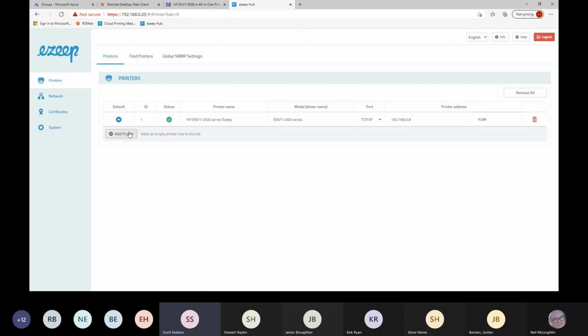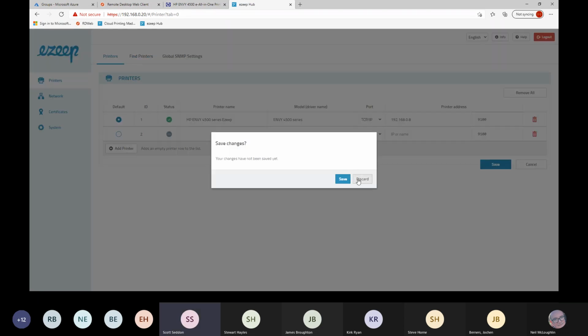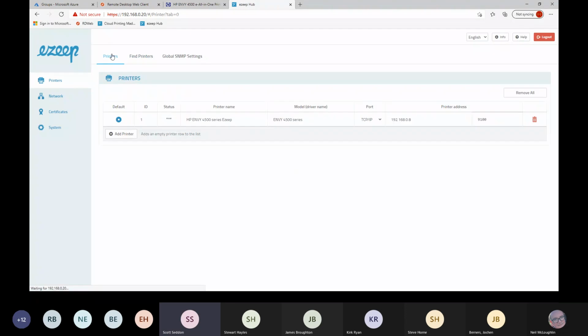If you do want to manually add printers in, you can, of course. It's okay for small remote offices, but if you do come across the big ones, you really will want to use the find printers option. If I discard that and just go back to the printers,